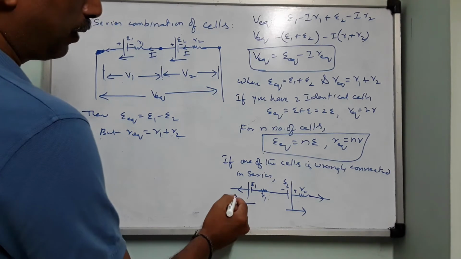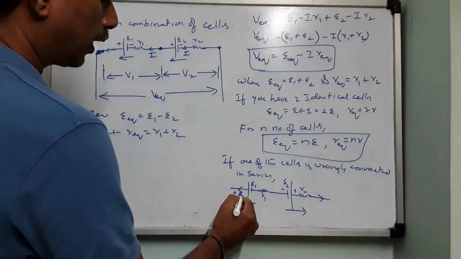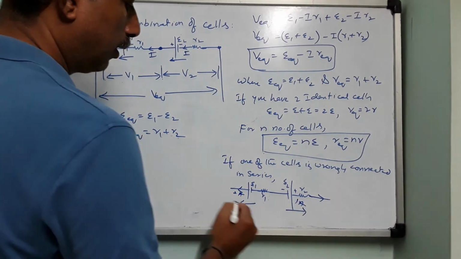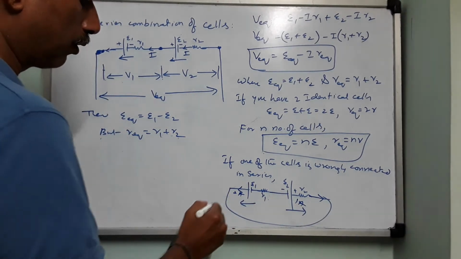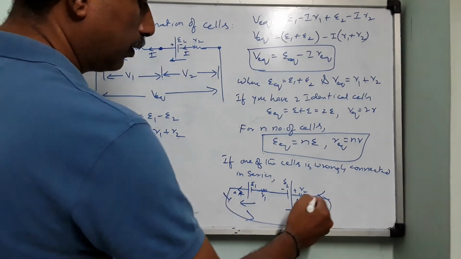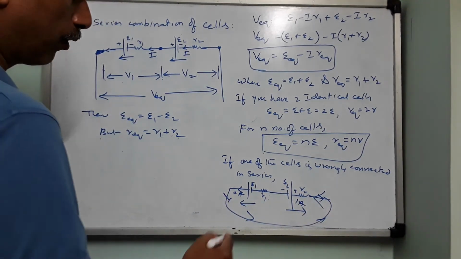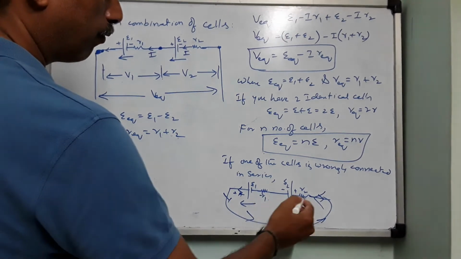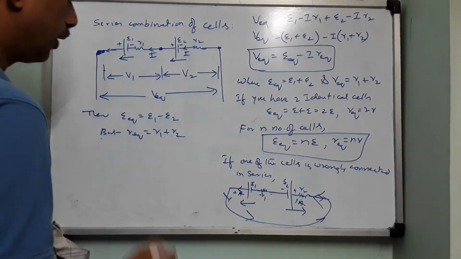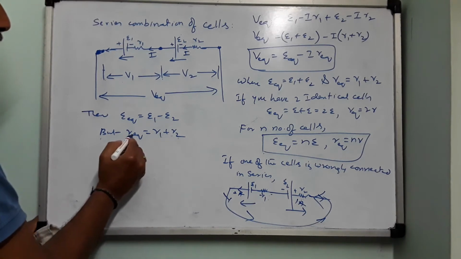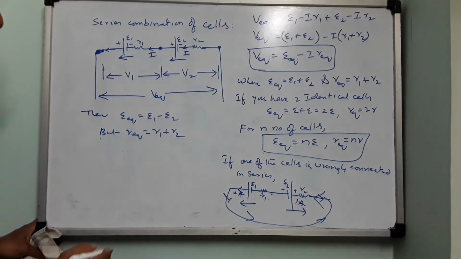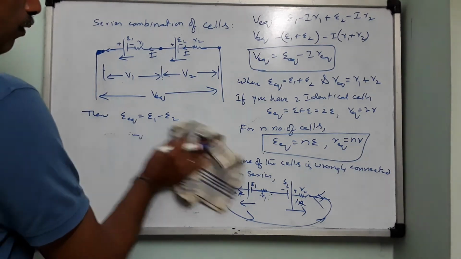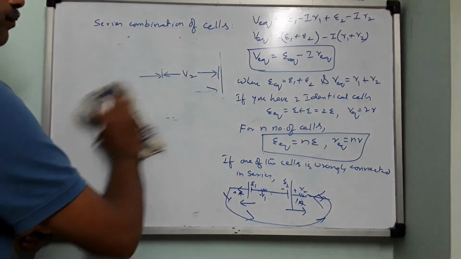Okay, so this may be sending a 2 ampere current, this may be sending a 1 ampere current. So there is a fight among them. The 2 ampere current will dominate over the circuit, so the net current continues to flow in this direction only. Therefore R1 and R2, both of them, will carry the same current. That is the reason why R equivalent will remain as R1 plus R2. Fine? Okay. So this is about series combination. Now we go for parallel combination of cells.